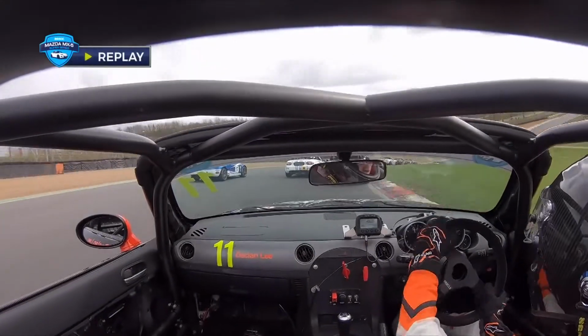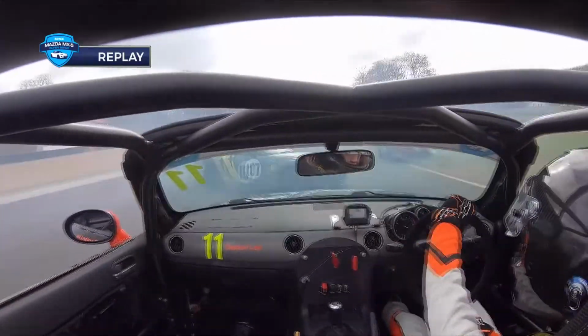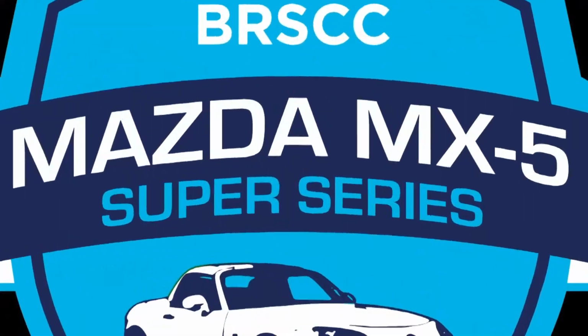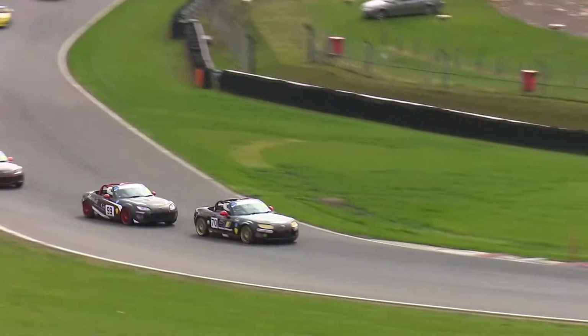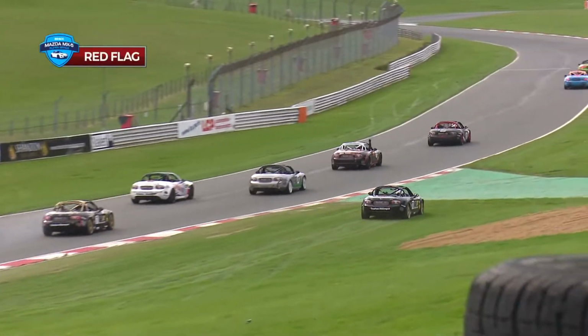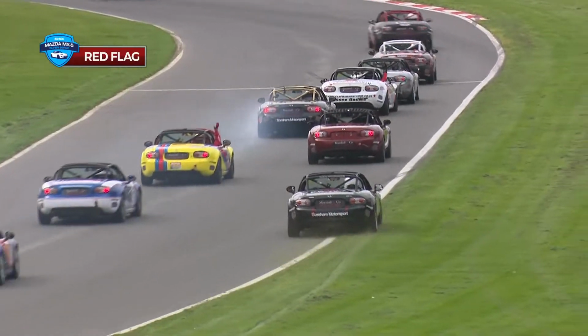We ride on board here with the number 11 car of Declan Lee, who's going to find a spinning Sam Bailey right in front of him. That's a big old hit for Declan, making his debut in the series, and sadly not the way he wanted his first race to get underway. The field, though, what remains of it, is making its way through Graham Hill Bend. There's a puncture there for car number 70, Javier Brook. That's a shame, because he started fourth on the grid, and unsurprisingly, the red flag is out,